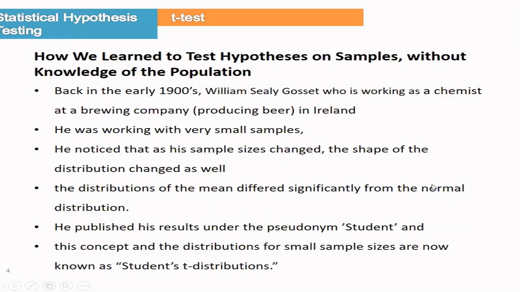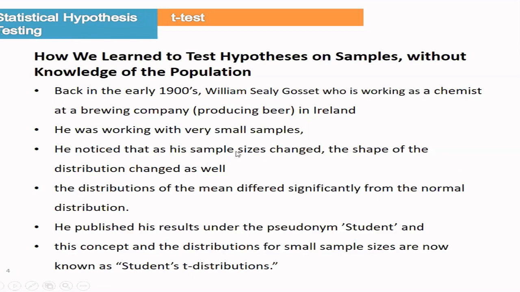There is a long history about the t-test. In 1900, the beginning of the 20th century, there was a chemist from Ireland. His name was William Sealy Gosset, who worked in a brewing company that made beer. When a company makes beer, for the quality of the beer, brewing is very important and it is very costly. So here they needed to work with a very small sample.